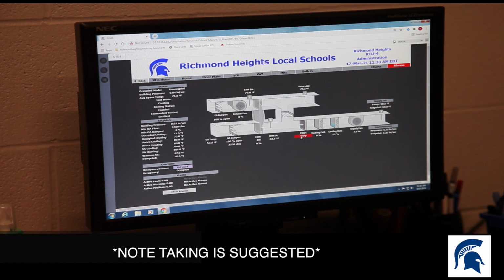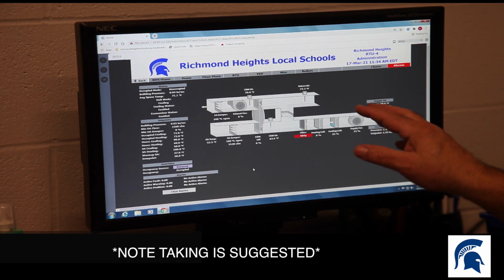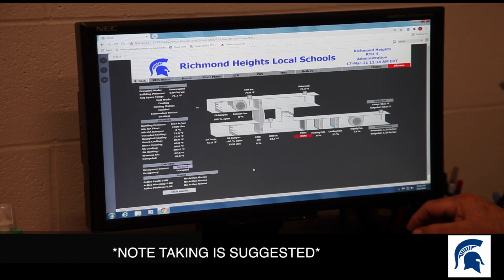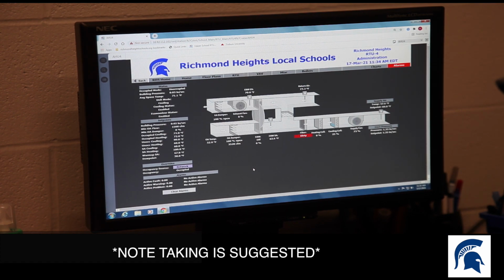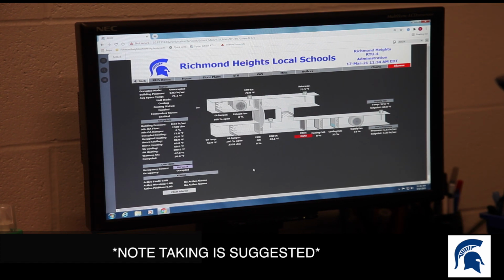So that's not one we can clear through the system. That unit still thinks that the filter is dirty. So when you have this, what is the answer? To physically go up to the unit, shut it down, look at the filter? Yeah, I don't think that's a runtime. I believe it's actually looking at the pressure across the filter to know if it's dirty or not. So if I take the filter out and hold it up to the light, like they told us on the roof, and it's clean, and I put it back in,